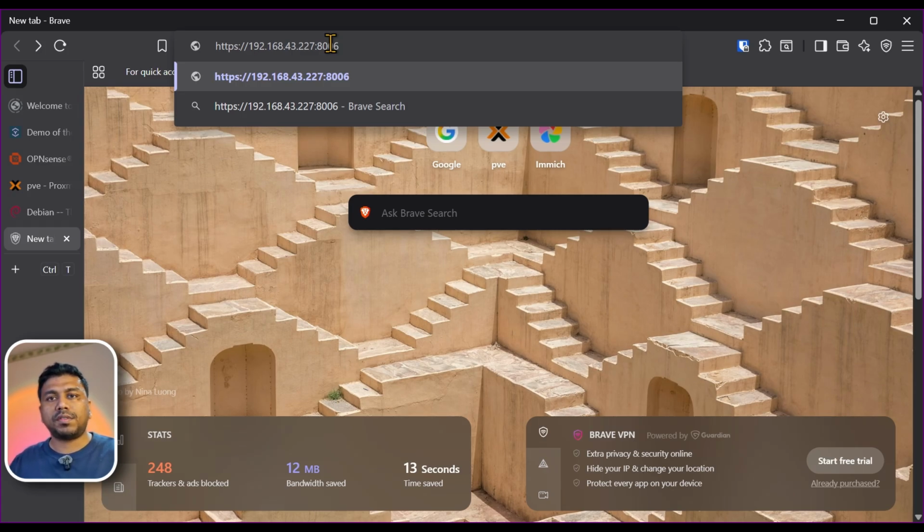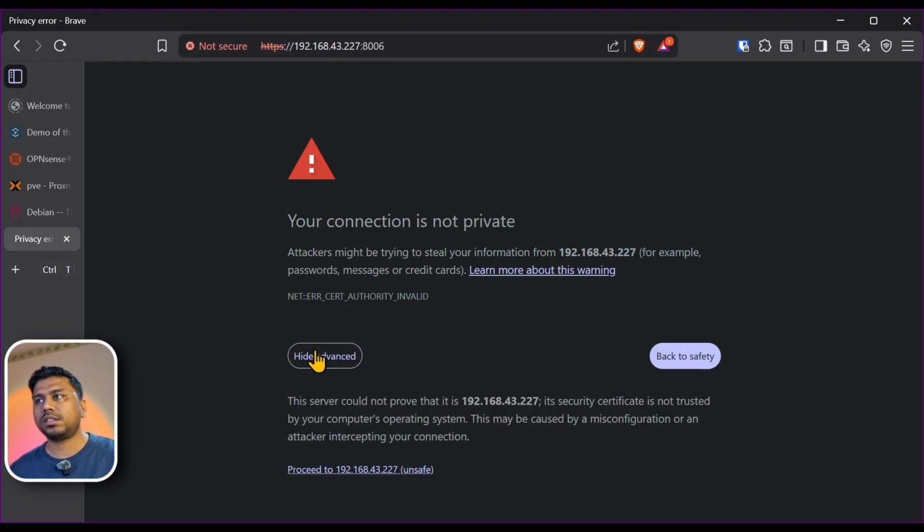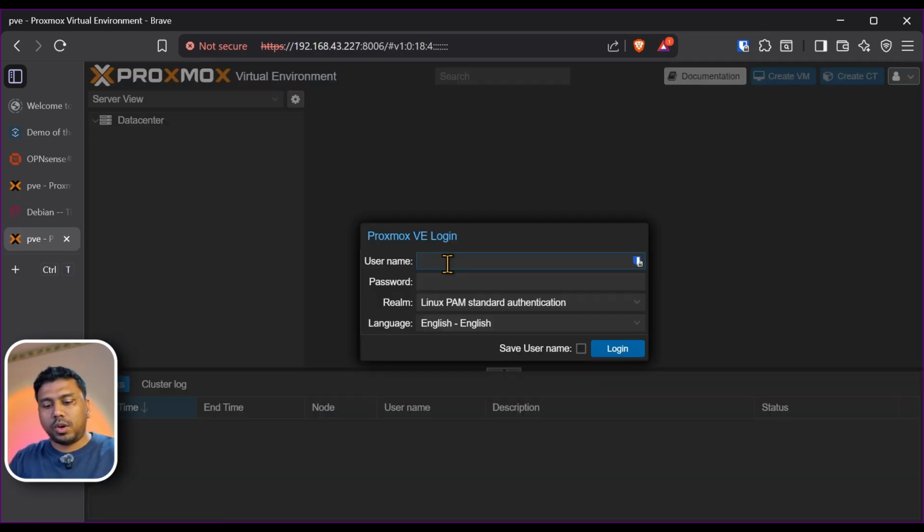The first thing you'll see is that your browser may show that your connection is not private. You may see something similar to this, but don't worry about this. You can safely ignore this for now. All you need to do is click on advanced and proceed. The way your browser may allow you to access this may be slightly different. And once I log into this user,